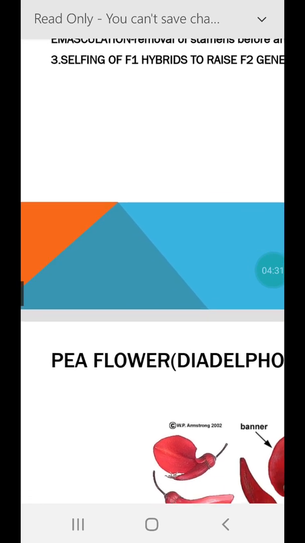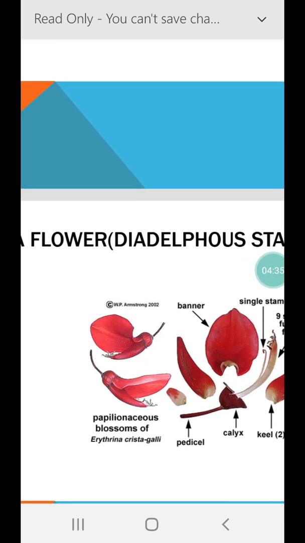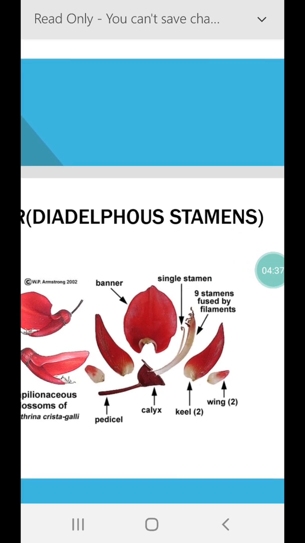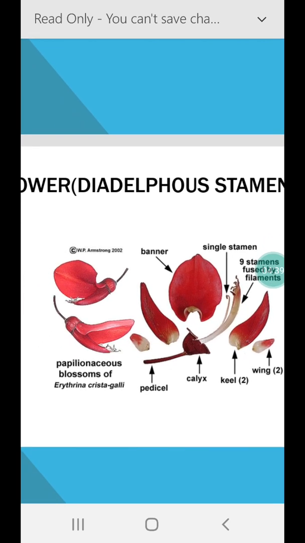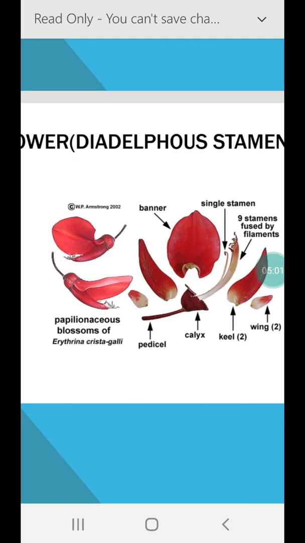The pea plant is a peculiar diadelphous plant, meaning it has diadelphous stamens, the stamens being arranged in 2 groups. It has 10 stamens arranged in 2 groups, where 9 are clustered together and 1 is separate. This is the diadelphous condition of the stamens. In the picture you can see here,